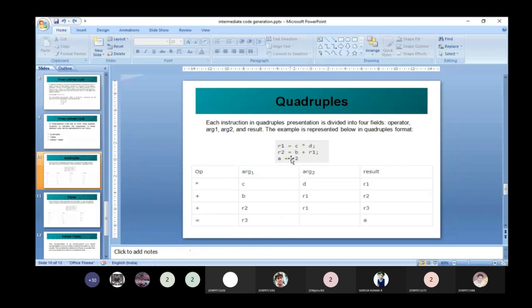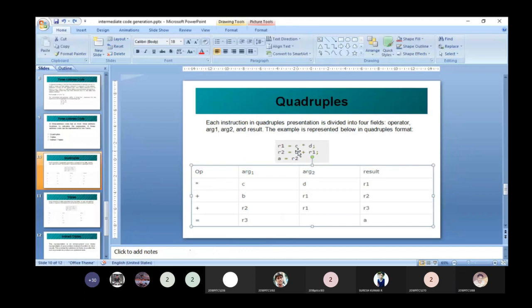First of all, you see R1 equal to C star D. Here, what is the operator? Star. You place star here, and argument 1 is C, and argument 2 is D. What is the result? C star D, the result is stored in the variable R1.